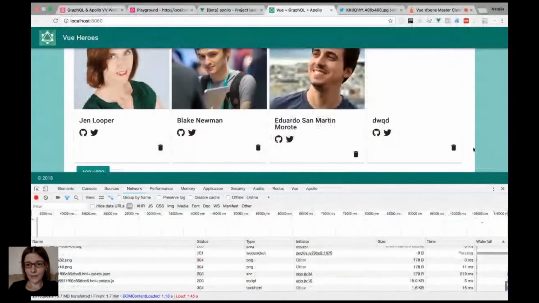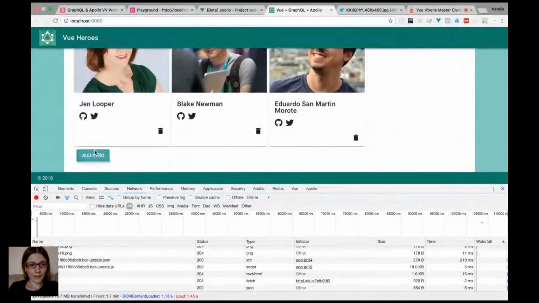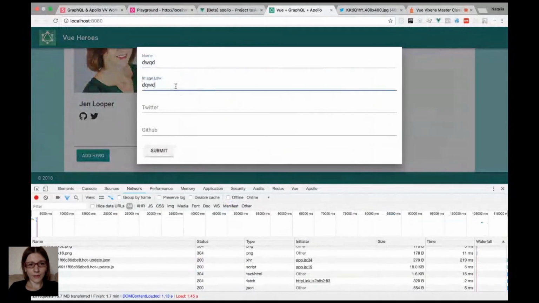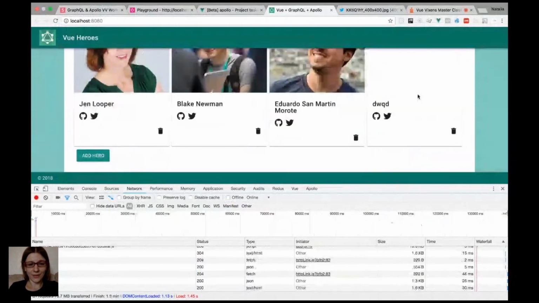Okay, let's delete this one and try to add some placeholder again. Oh, it's already updated. We don't even need an optimistic response parameter, but I will show it anyway because sometimes you really need it. So in a common case, we also need to provide